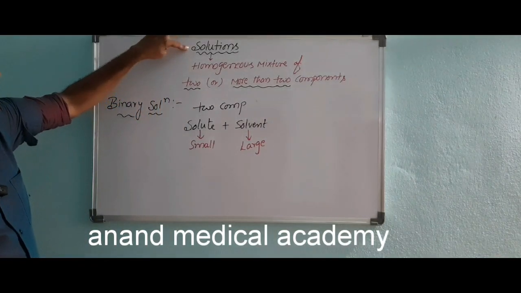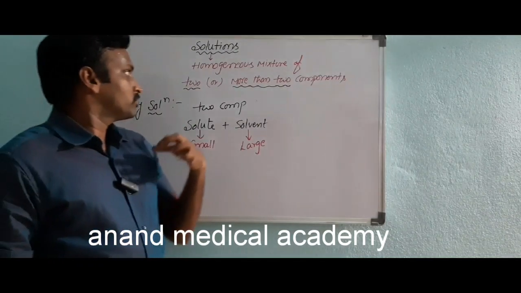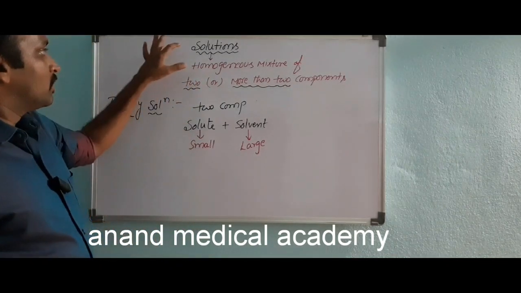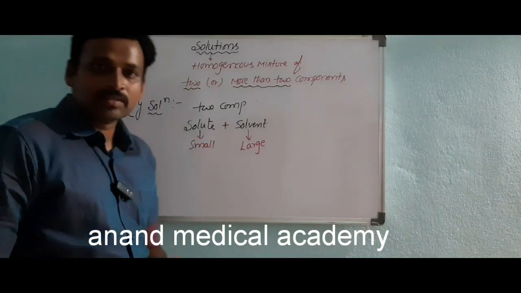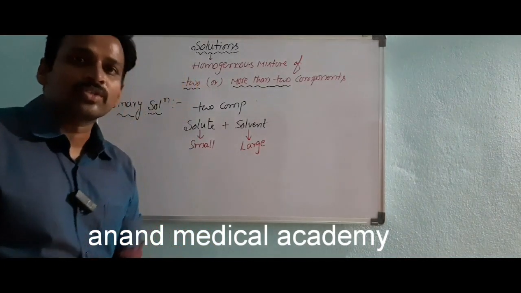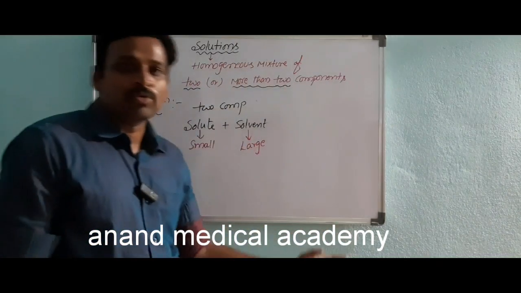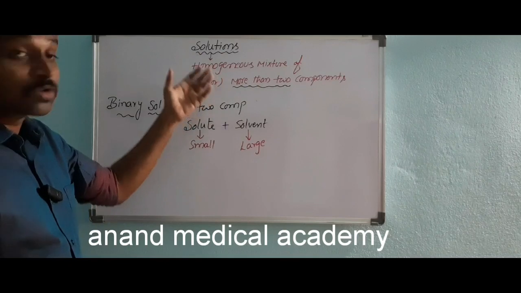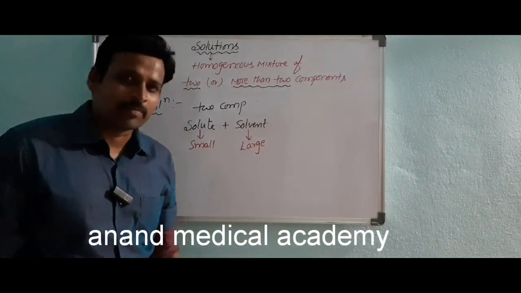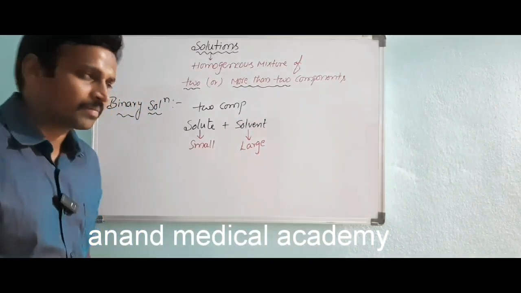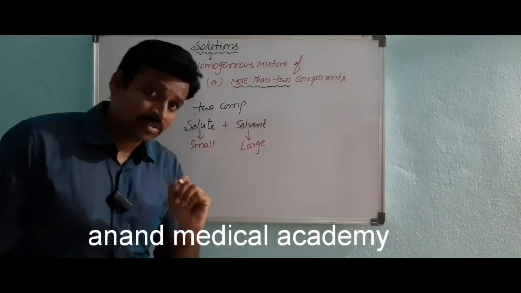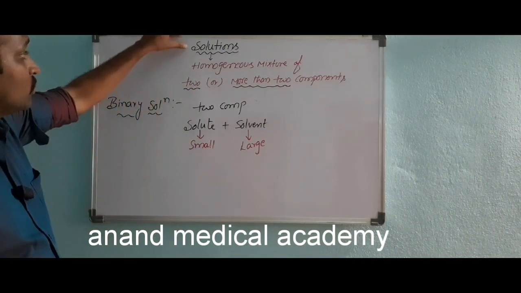Okay, solutions. I would like to start. It's the second chapter for us in physical chemistry. This chapter is very important for us, and there will be a link with the remaining physical chapters. Of course, you already know some concentration terms like number of moles and gram equivalent weights from first year. Those are all very important in electrochemistry and chemical kinetics. It's also a very important chapter for NEET as well. So please concentrate. I'm going to start solutions now.